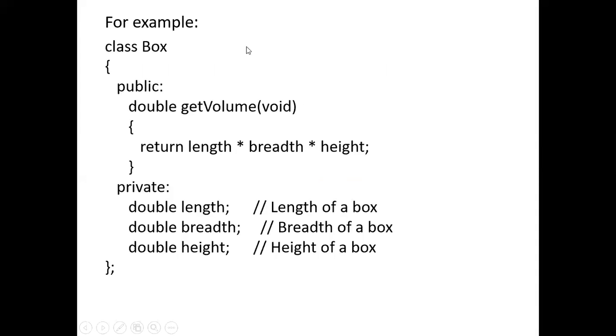Next. So this is an example of a program. This is a class called Box, where you have a public method, getVolume, where you can get the volume from length, breadth, and height. And these are the private variables. So we know that if the variables are private, if you want to access them, you need a function. You cannot directly access private members